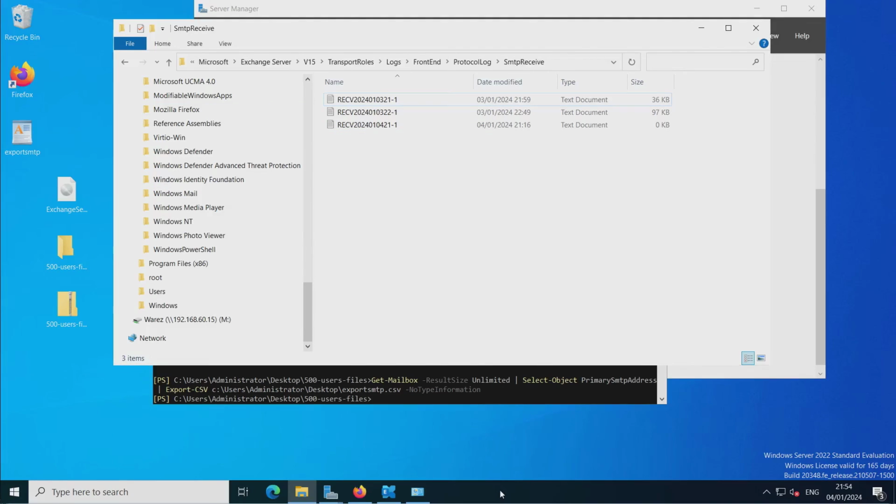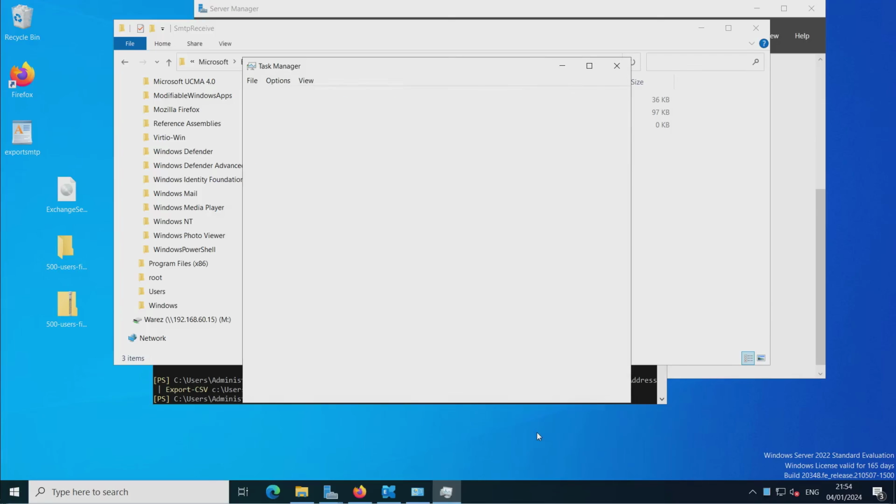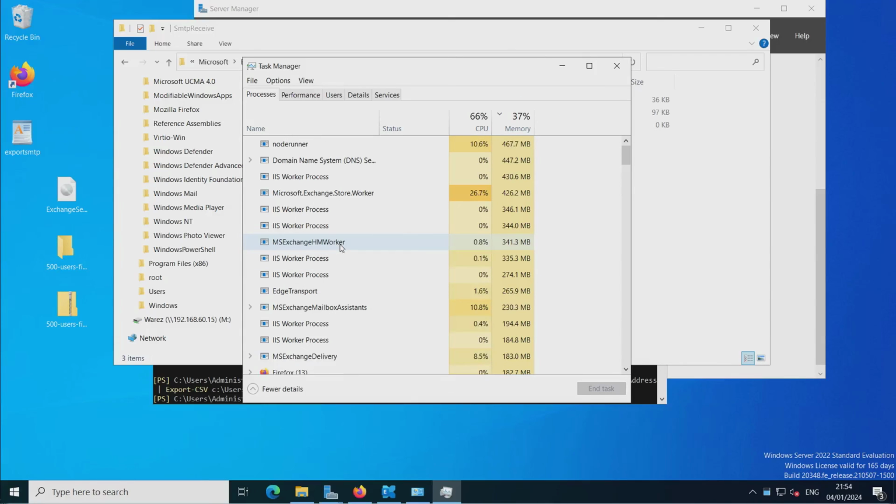So let me just see. Yeah, okay. So now it's feeling the strain because Postal is just hammering it. As you can see, the good old Microsoft Exchange store worker is feeling the pressure. It's using the memory as well. So what's happening? That's now